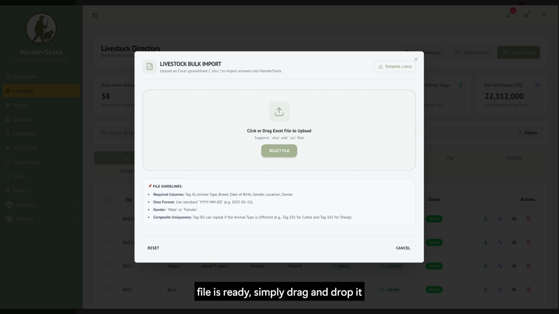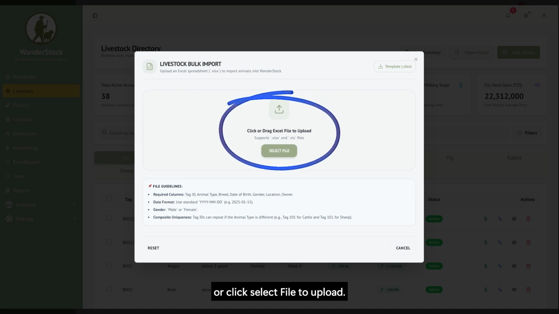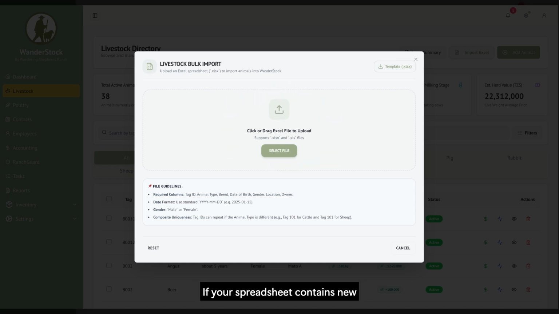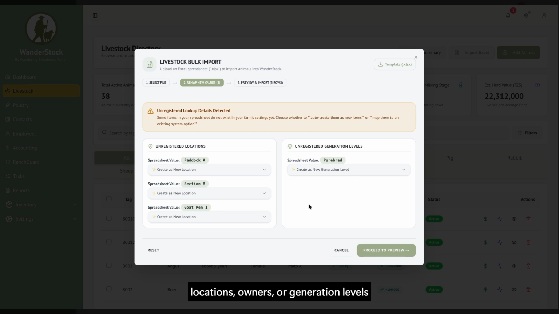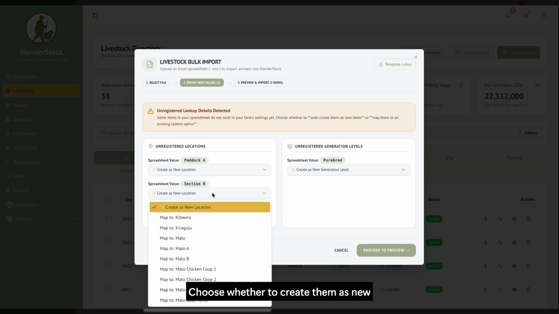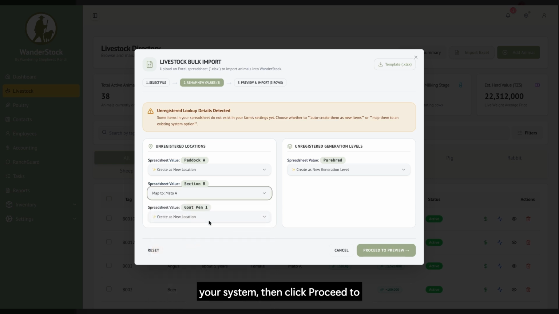Once your file is ready, simply drag and drop it or click Select File to upload. If your spreadsheet contains new locations, owners, or generation levels not yet saved in your settings, WanderStock flags them automatically. Choose whether to create them as new items or map them to existing options in your system, then click Proceed